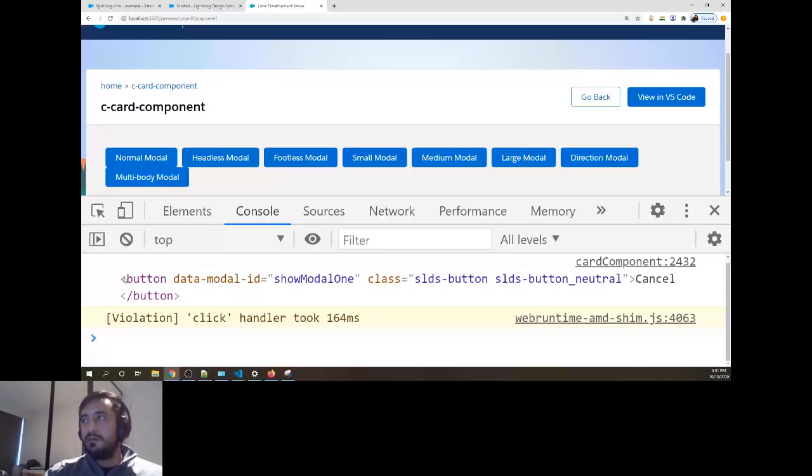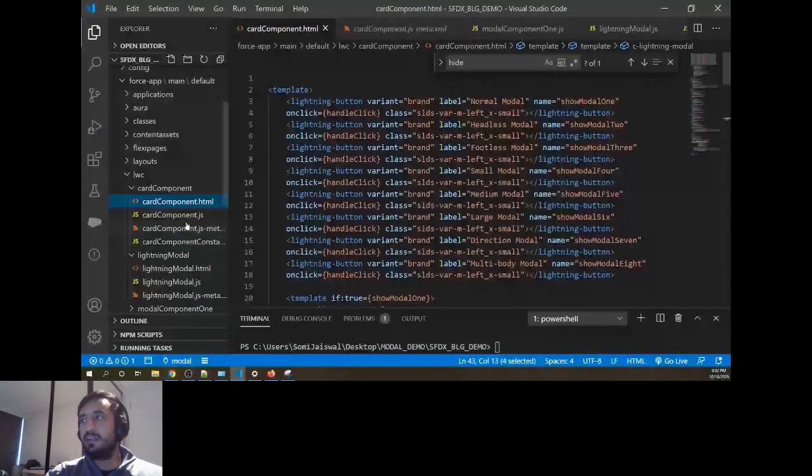If I have many buttons performing the same thing, instead of creating the handler 8 times, that is 8 properties, hide show, hide show, hide show, what I did, the clever thing I would say, is whatever property I want to change, I give the same name to the button. The name is show modal 1, show modal 2, and dynamically I'm calling it by the name property. So this is the dynamic way of calling the object property especially.